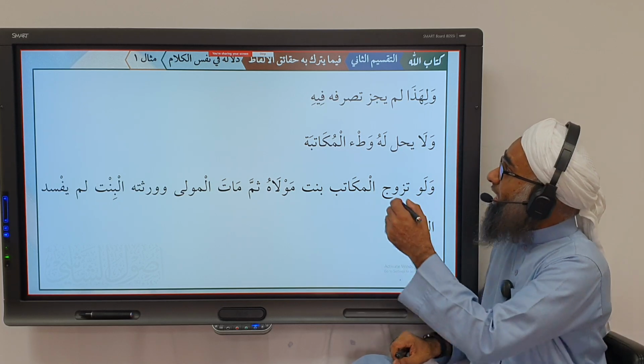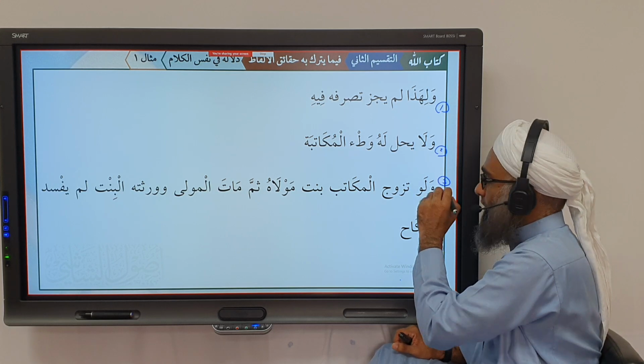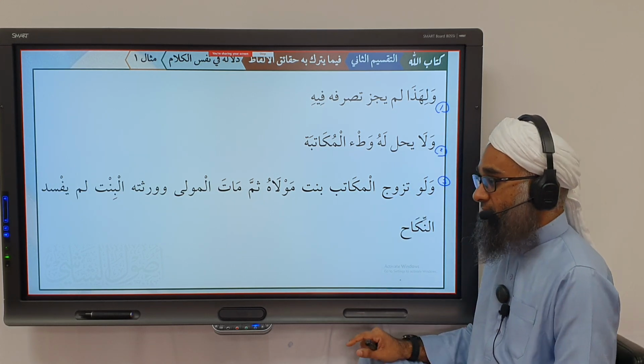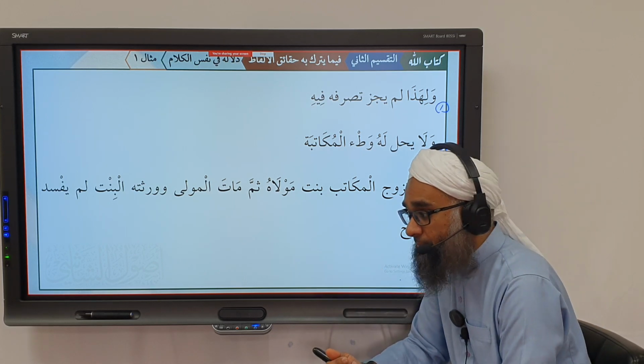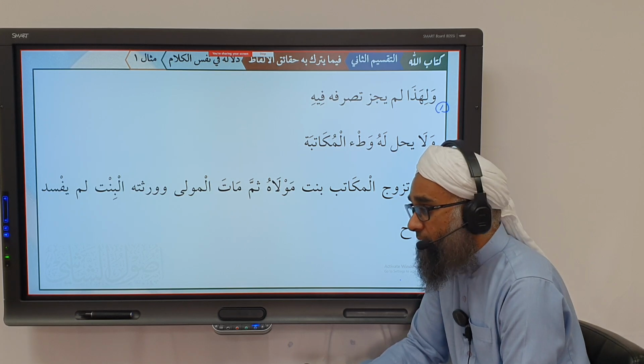Similarly, another example. So these are three evidences that the mukatab is not a mamluk min kulli wajhin. Three evidences. Number one, you don't have tasarruf over him. Number two, it's not permissible to cohabit with her. Similarly,